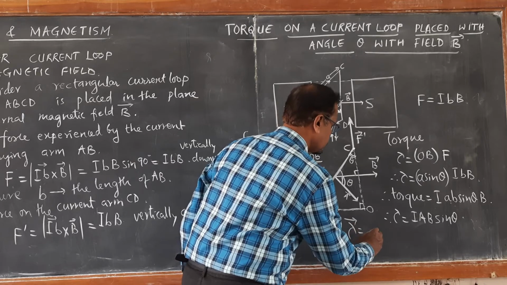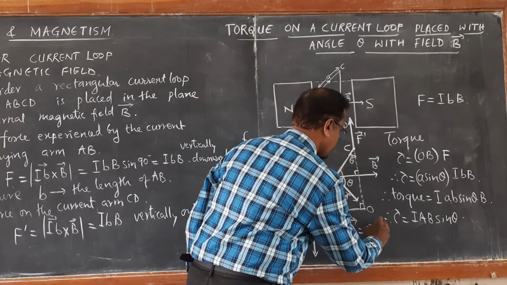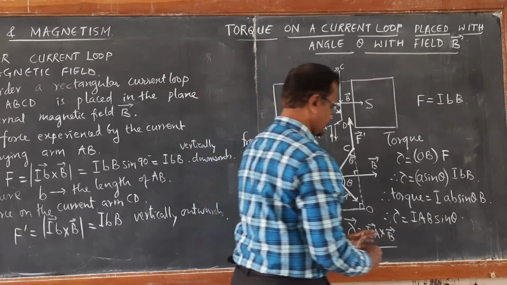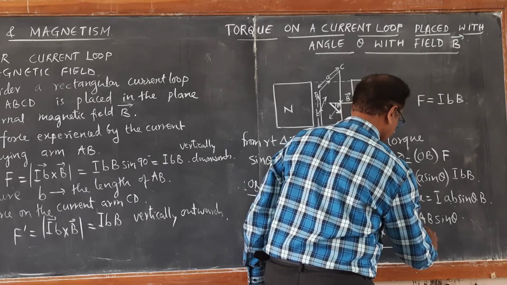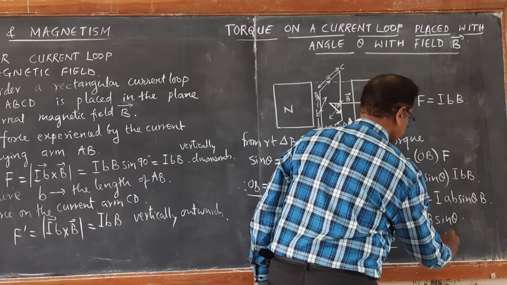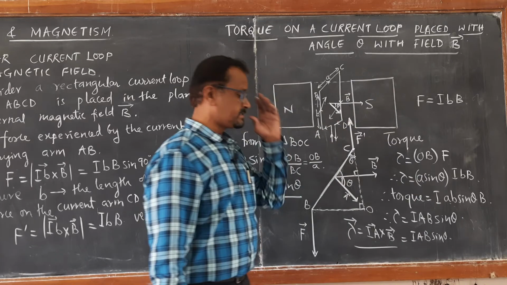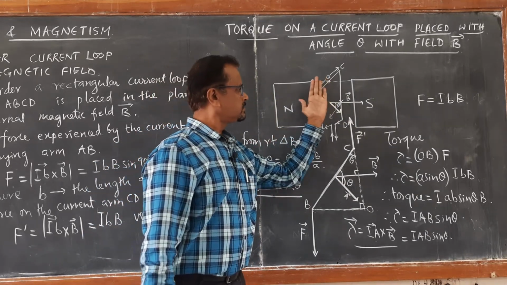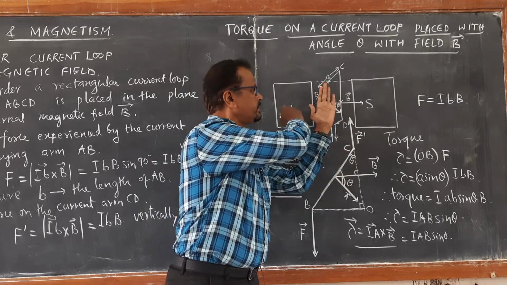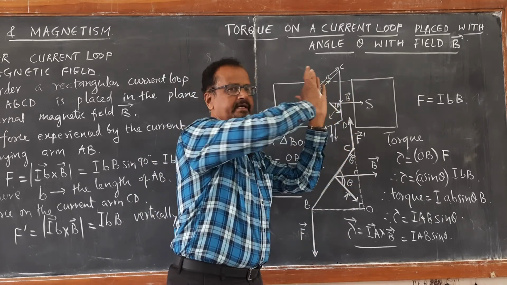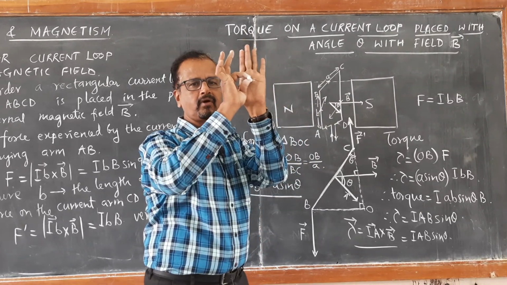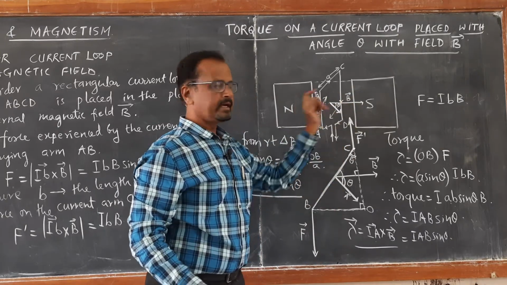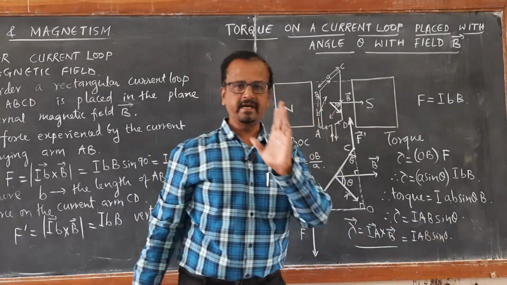Torque tau is equal to IA cross B vector, so that if you expand this it becomes IAB sin theta. When theta is 90 degree, what does it mean? This entire plane will be in the direction of the magnetic field, and the area vector will be the normal drawn to the area. The normal drawn to the area will be making 90 degree with the magnetic field. When theta is 90 degree, sin 90 becomes 1,